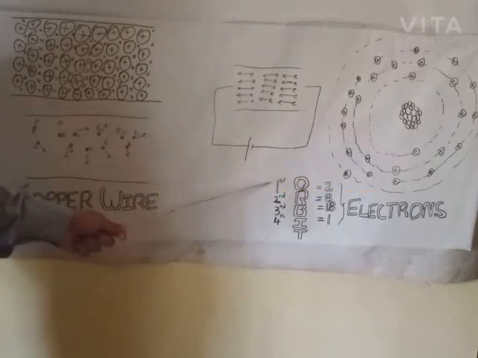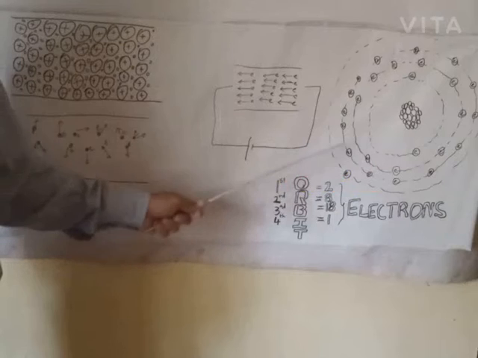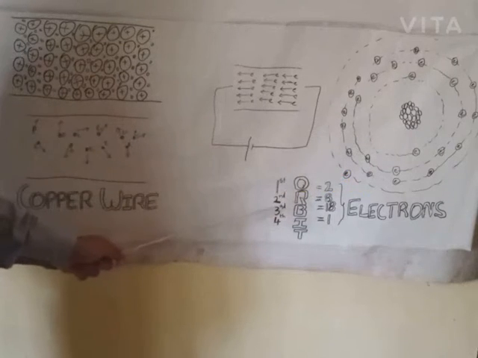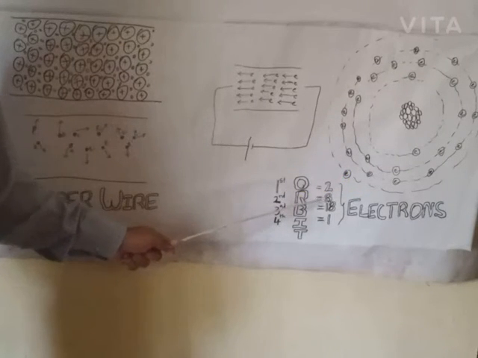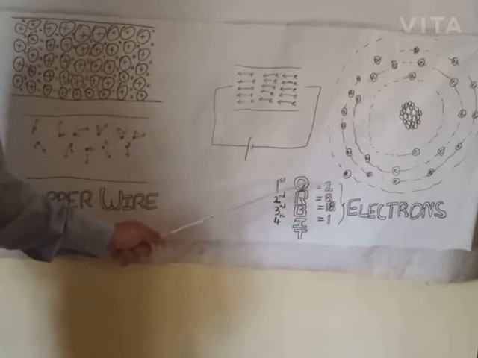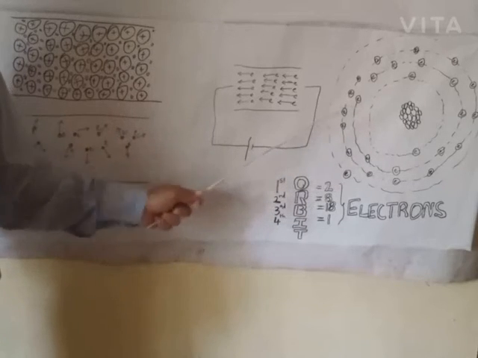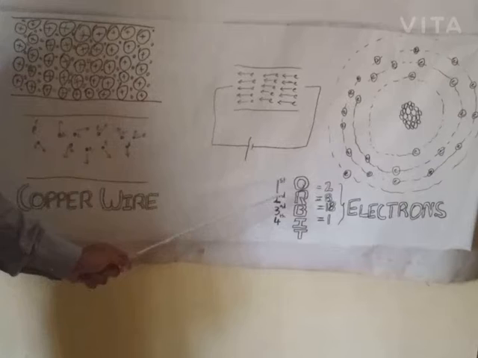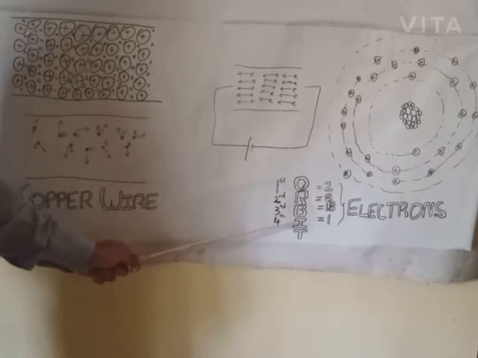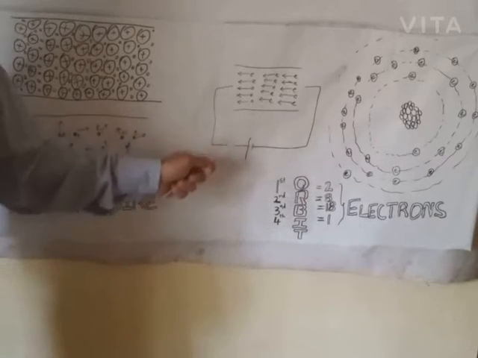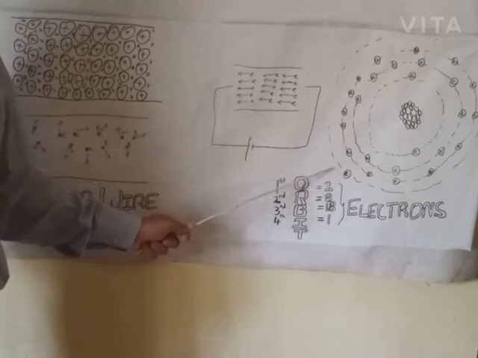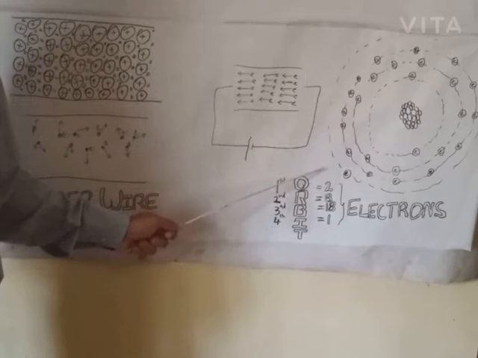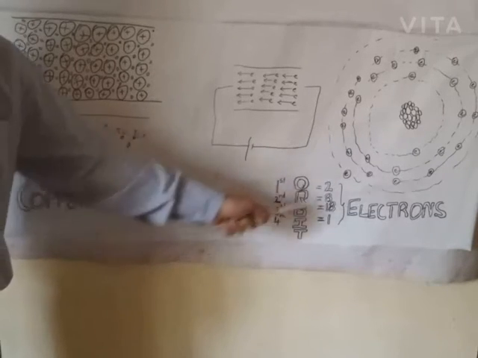The first orbit consists of two electrons. You can see there are two electrons. Then in the second orbit, there are 8 electrons. You can see there are 8 electrons in the second orbit. In the third orbit, there are 18 electrons. And in the fourth orbit, that is the last orbit of the copper atom, there is only one electron revolving